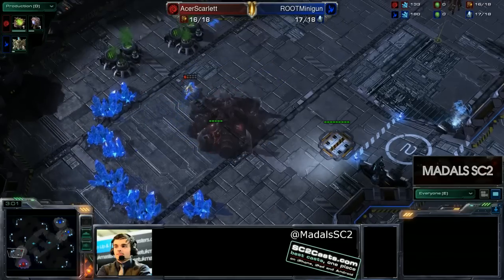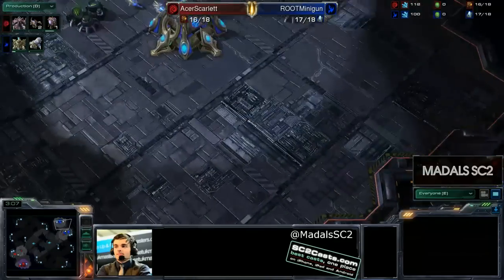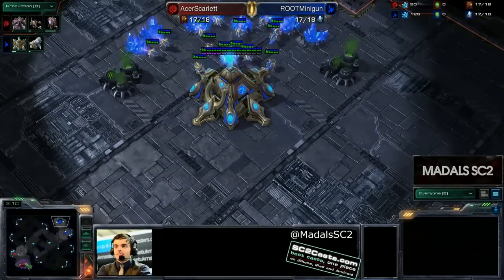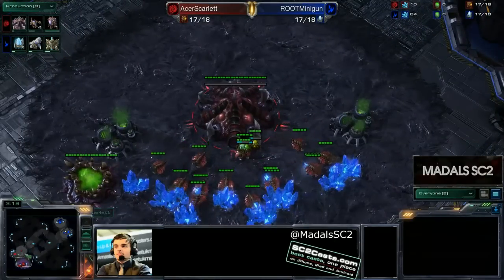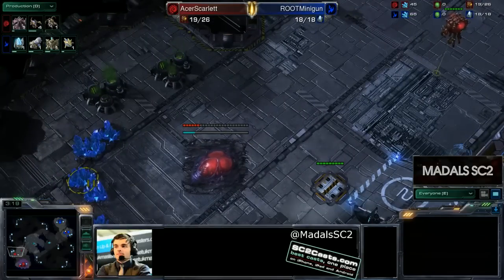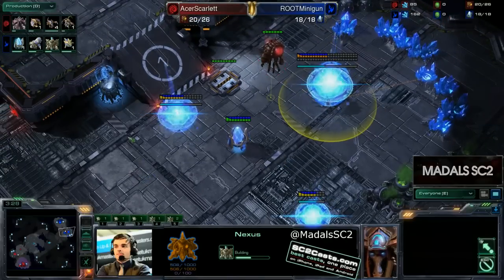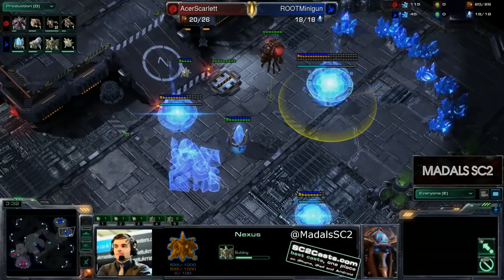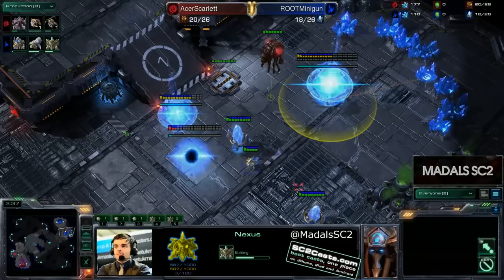In terms of what Minigun could do, a 2-base play is really quite viable on this map. Immortal Sentry all-in is always going to be a threat. You can potentially go for some Phoenix harassment as well. It's not ideal, but again, Daybreak, it's a really balanced map in the sense that nothing is too strong and nothing is too weak. We do see that a Nexus came down before the Forge, so Minigun clearly going for all-out economy, trying to make the utmost of his advantage he can get from going for a Nexus first, and